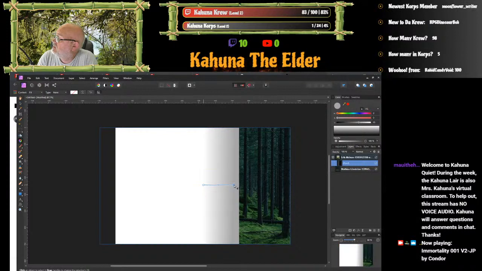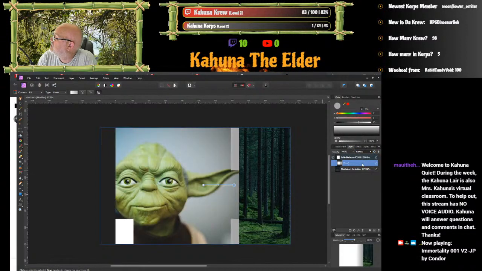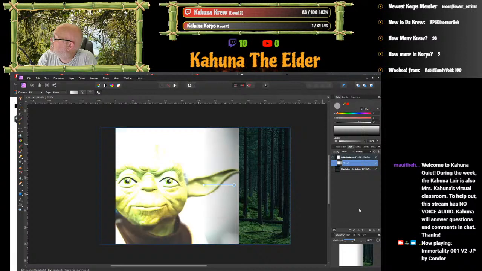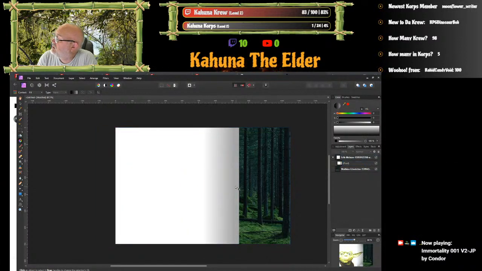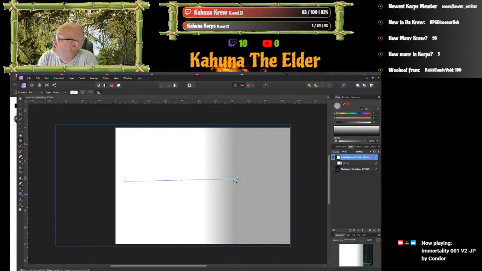Oof. Crazy. All right, so the black area. Oops. There we go again. See, I've made that way too big. Oh, man, put it in the wrong area. Sorry, guys. I'll get this right.